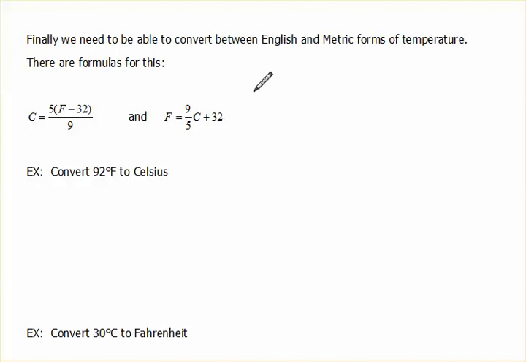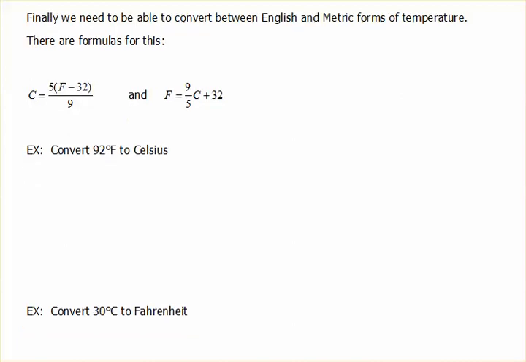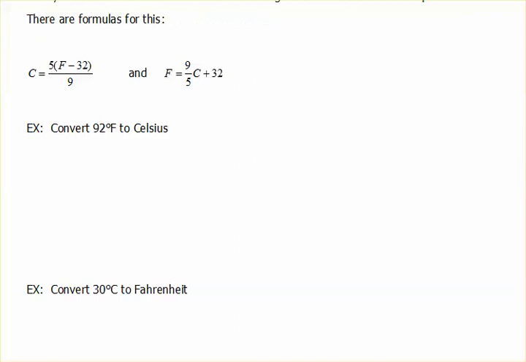Our first one says convert 92 degrees Fahrenheit to Celsius. So 92 degrees Fahrenheit, that's pretty warm. We're comfortable with knowing what that is. So I'm given Fahrenheit and I want to convert to Celsius. That's going to be this first formula here. So that formula says Celsius will equal 5 times the Fahrenheit temperature, which is 92, minus 32